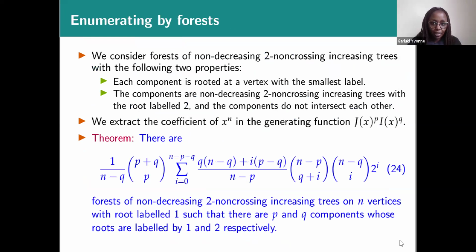And this is a third parameter, by the number of forests. Again, I am summarizing this. They have more detailed results on this for anyone who might be interested in getting them. So for the number of forests, we consider the real life situation. A forest is made up of a lot of trees. So we are going to borrow the same concept and bring it here. We are going to divide our trees into components, and then these components, as long as they do not intersect each other and they are rooted at the vertex with the smallest label, we are going to be able to enumerate them also. So again, I did that according to the number of forests, and I obtained equation 24,